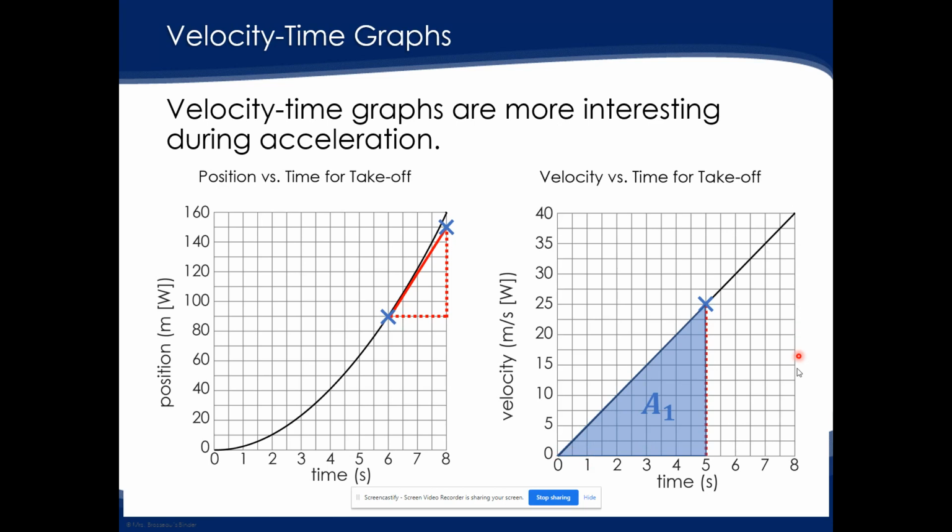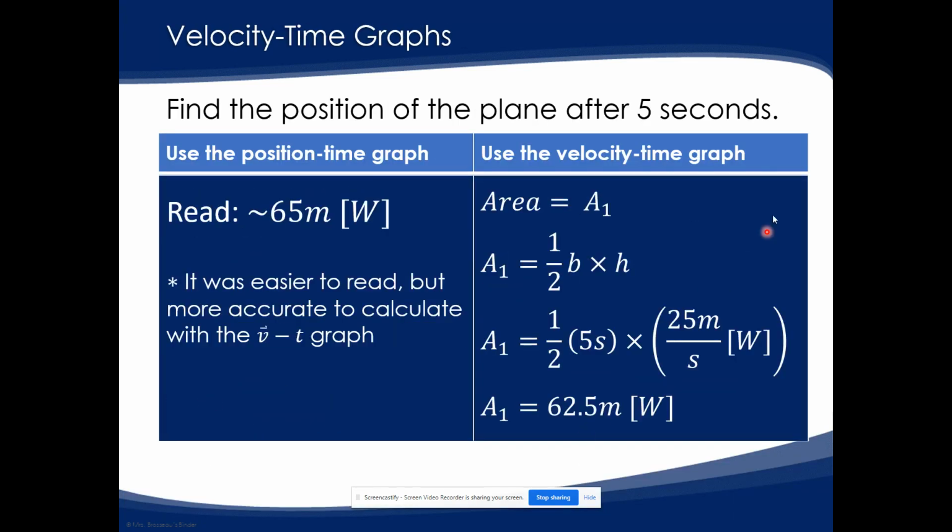So this whole area underneath would tell me my displacement over that 8 seconds, but I'm only looking at the area up to 5 seconds. And that's going to tell me what my displacement, or what my new position, is after those 5 seconds. So my area of a triangle is 1/2 base times height. I fill in my base as the 5 seconds, and my height is 25 meters per second west. So then I can calculate more accurately that my area under that line was 62.5 meters